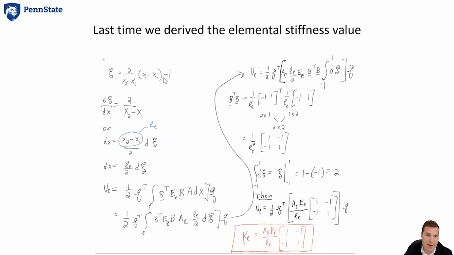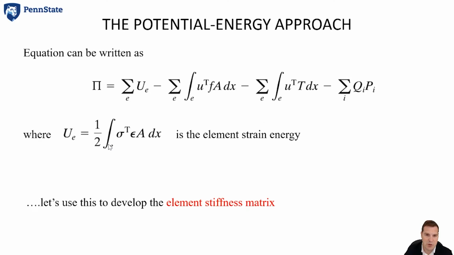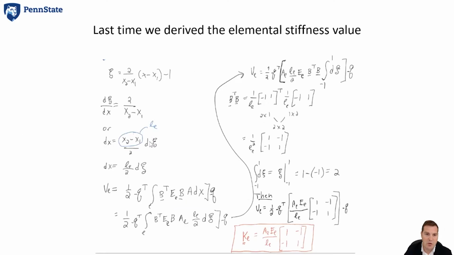We had our mapping that we used, our isoparametric mapping, and we had the derivative of psi with respect to x, which is given here. We could rewrite that to write dx, and of course this dx is used in the integral, the elemental integral that we just showed here. Okay, so we're using it to switch parameters. x2 minus x1 is just LE, so then we can move this in the integral. So then our elemental integral, we had our elemental displacements, our B matrix, derivatives of shape functions, our material properties,